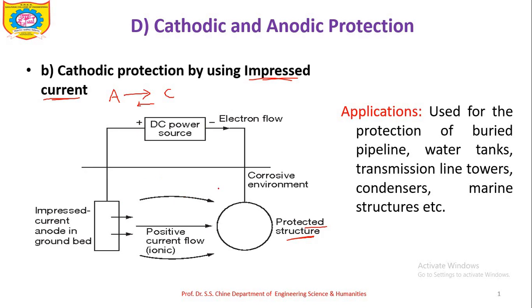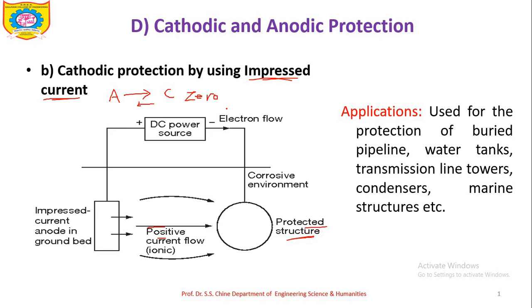become 0. Means your corrosion current is flowing from this anode to cathode, but we are applying the current in the opposite direction. You can see here the current flow. So current is applied in the opposite direction, so that total current becomes nullified, becomes 0. Okay. So that is the basic principle of this impressed current cathodic protection. So in this way total current will become 0 and that metal structure will be acting as a cathode and get